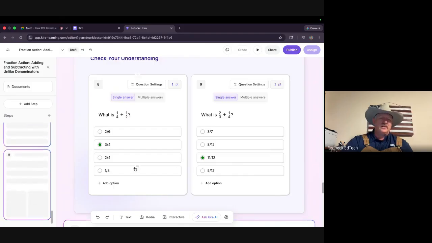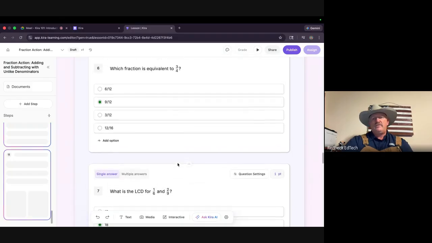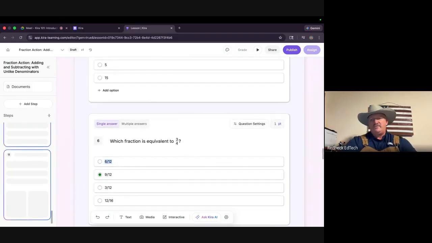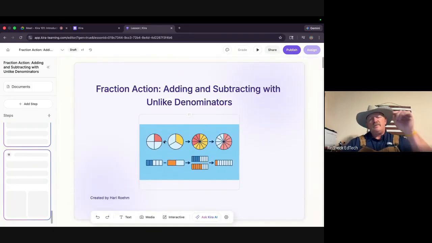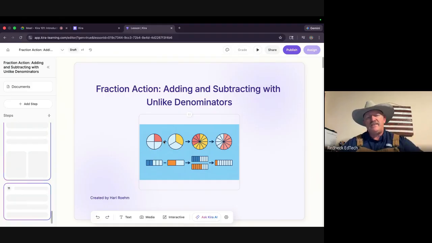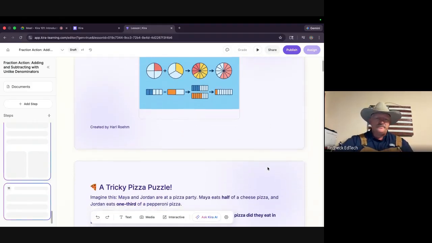It's still got a ton of work to go, okay? But what you need to understand is that while this is building, and it does take a few minutes to build, the reason why is because every question that Kira loads is going to be tagged specifically to your objective, so that later on, once your school has the integration, you'll have a student profile page where you can chart standard mastery for each student and assign remedial lessons to make sure that they get up to speed. Everything is built into this for the children to be successful.